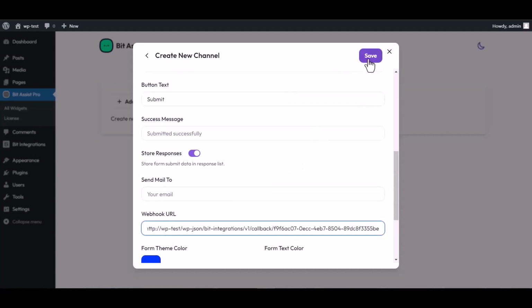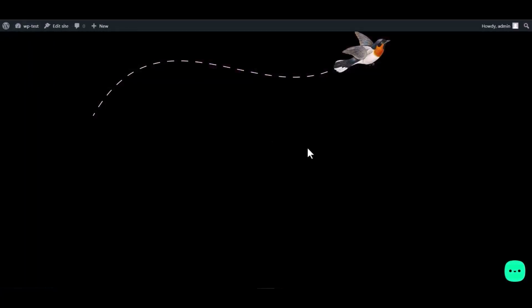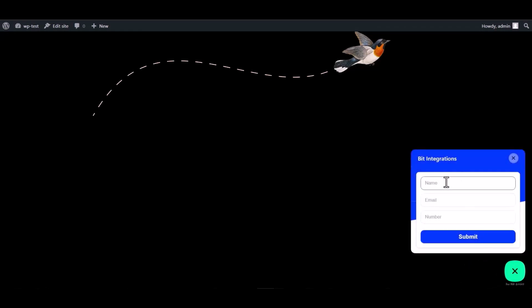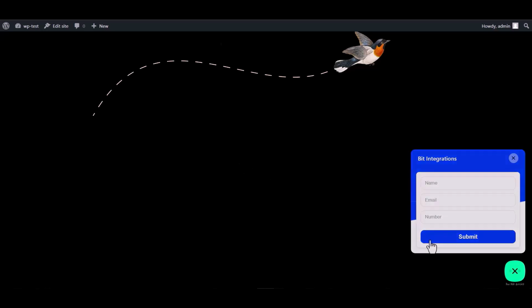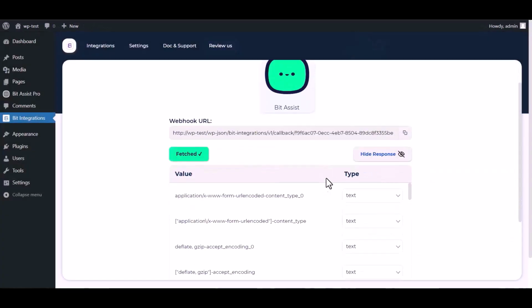Save the channel. Now go WordPress page, click on the Bid Assist logo and click on Bid Integrations. Now fill in the form to fetch data. Submit it. After submitting the form, go to the Bid Integrations dashboard and here you can see the data has